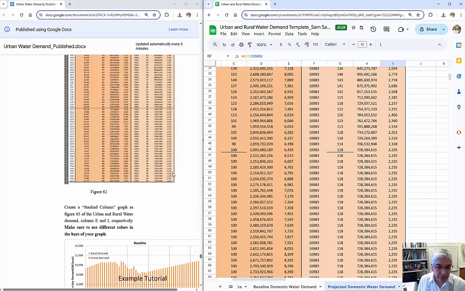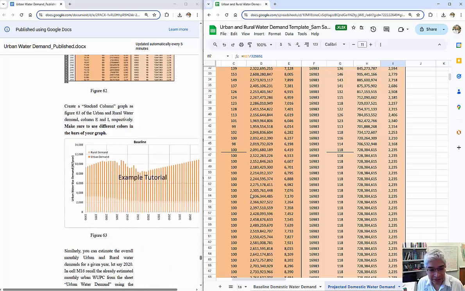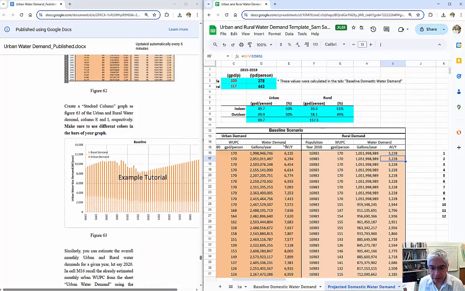2235, this is 2036, close enough. And then we'll need to do this stacked column. Something that you can do here is put urban, and then hit for rural, and then just